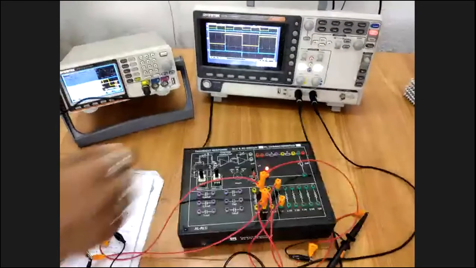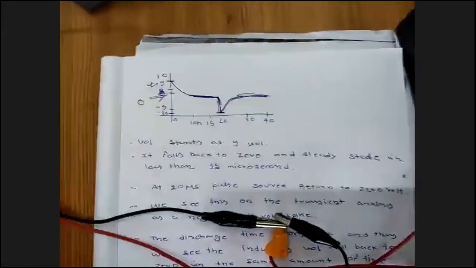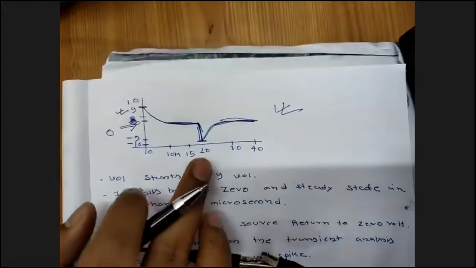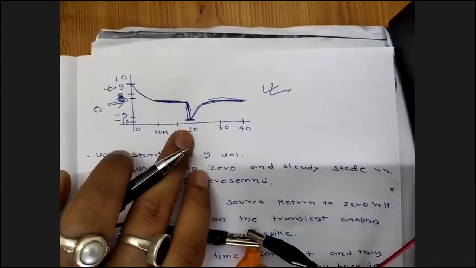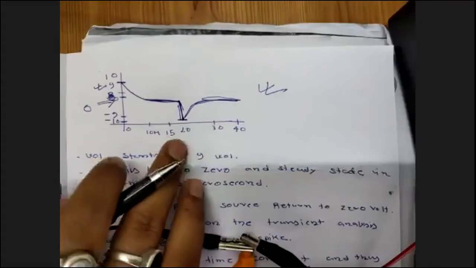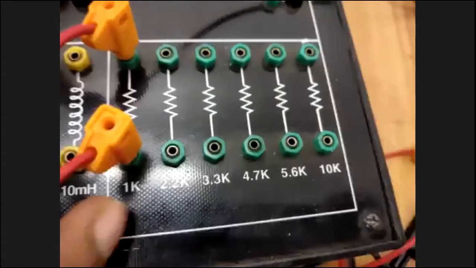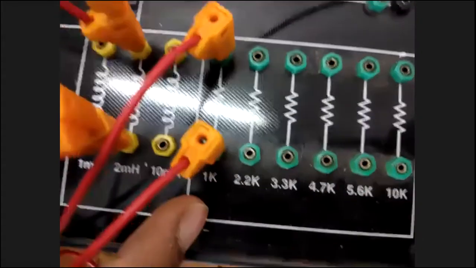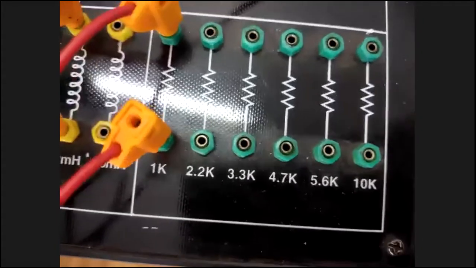One thing I would like to say is that the graph looks like this. But for this graph, we need to set the resistance from 200 to 300 ohm. But in the circuit, we have 1 kilo ohm resistance. For the 1 kilo ohm, for the higher value of the resistance, we cannot see the graph clearly.